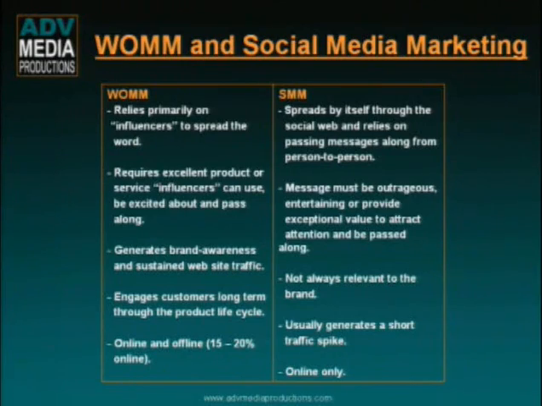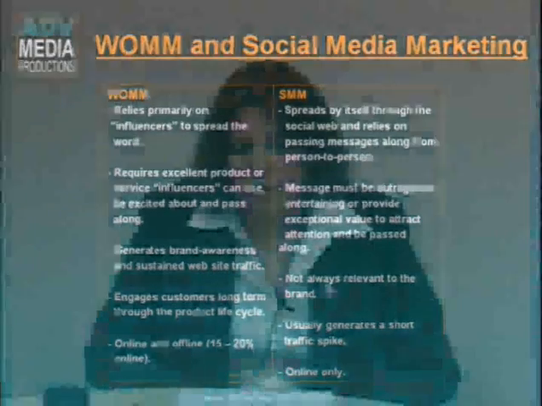For example, if you have a particular very outrageous news event that happens on Digg, which is a new social media news site, to get on page one, it has to be outrageous, and within 24 hours, it's either on page one or it's totally gone. It generates a short spike of traffic during those 24 hours and then nothing after that. And it's online only, so the life of it is very short. But it can create a lot of links and it can create a lot of buzz if it's outrageous enough.